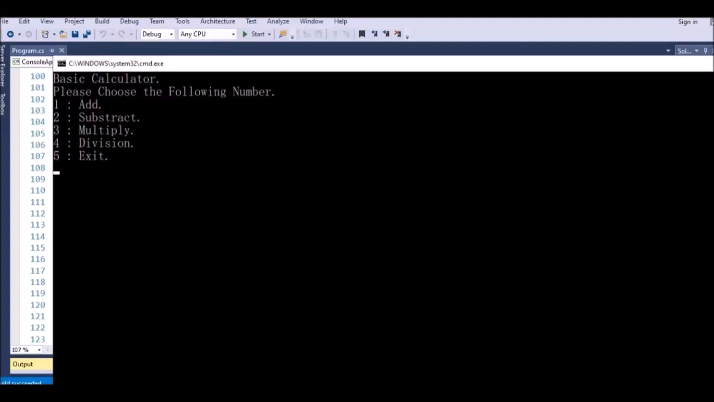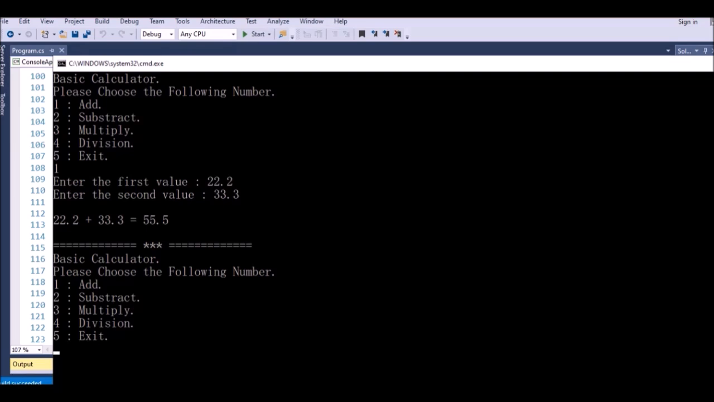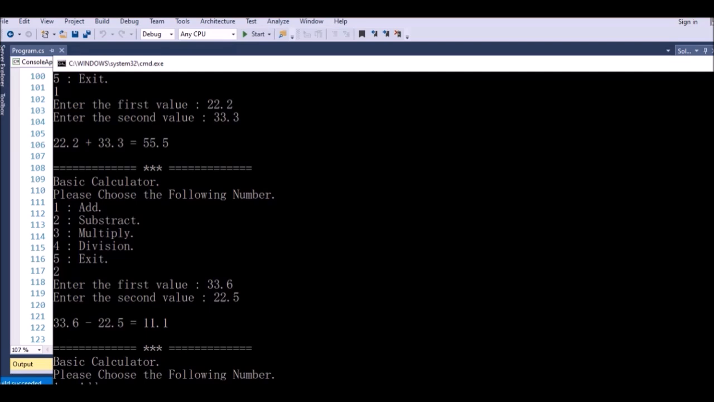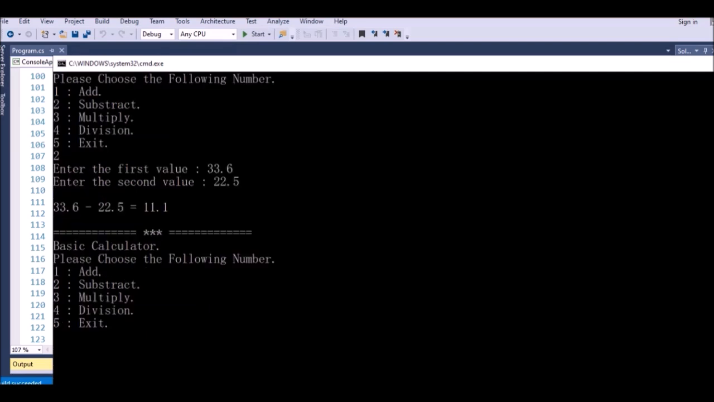For example, I try number 1, right? 2.2 plus 3.3, this one, right? So the next one to subtract, choose number 2. 6.5, that is, and when I want to multiply, just the number 3,